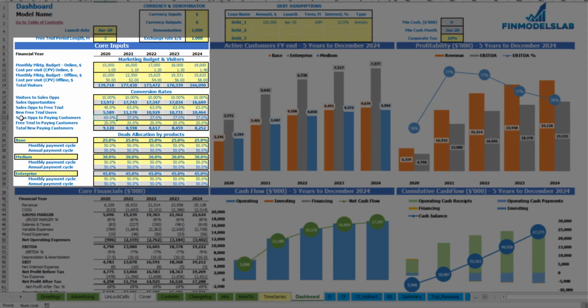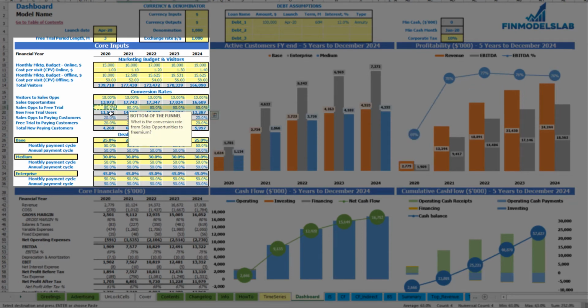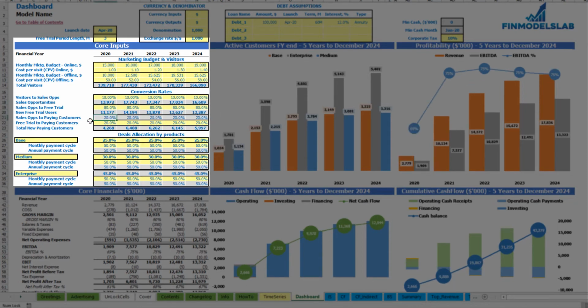be converted directly from sales opportunities to paying customers. If you don't need these free trials, you can just put 100%, and this means that all your sales opportunities will go to free trial and then convert to paying customers. Let's pretend 80% will go to free trial first of all, and the other 20% will go to paying customers after sales opportunities. So you have 11,000 new free trials, and the other part, which is 2.8 thousand, will go to